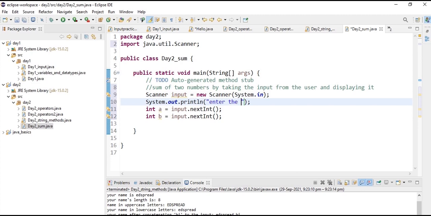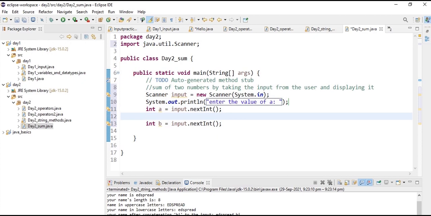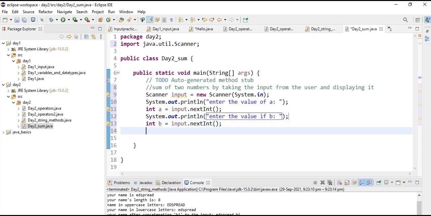Enter the value of a. And let's print here also, because the code executes line by line. So let's print here. And let's declare another variable, sum is equals to a plus b.